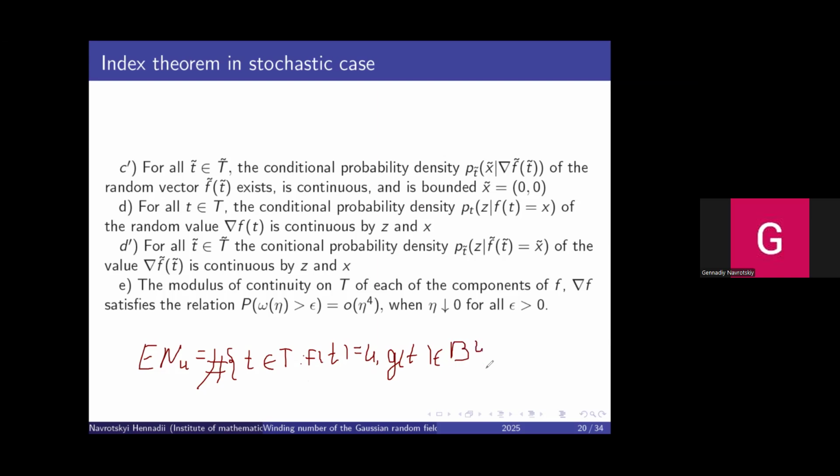But we can't apply this theorem directly in our case, because in our case